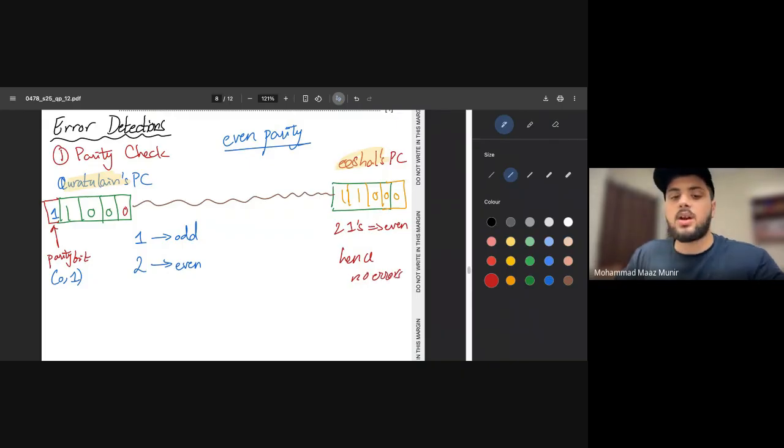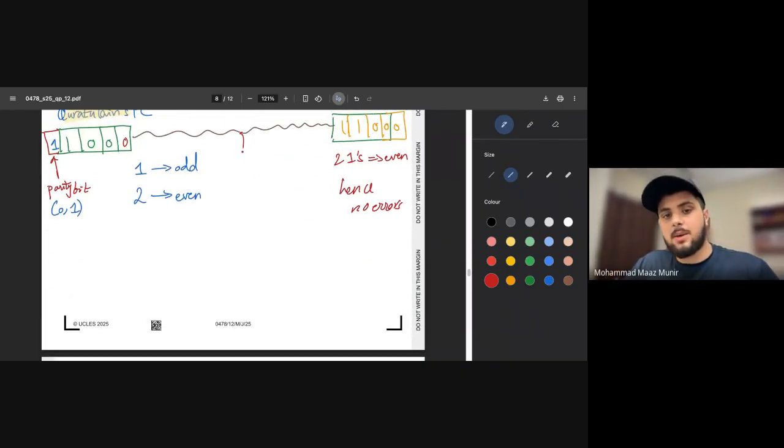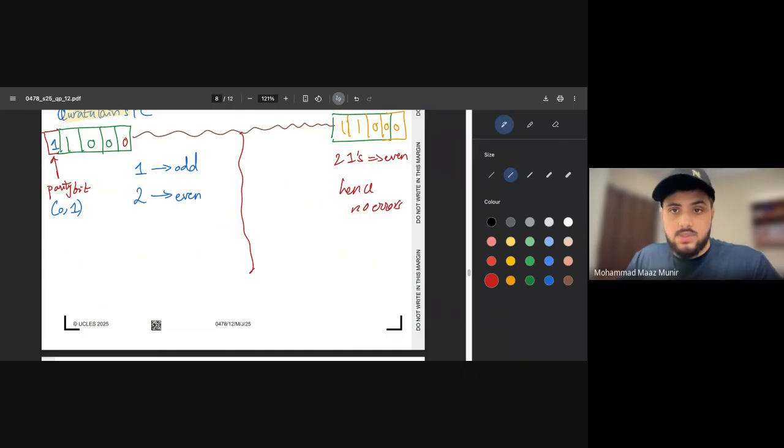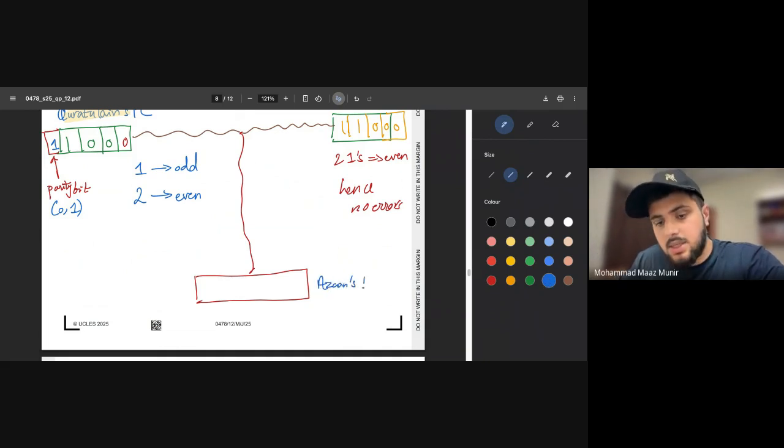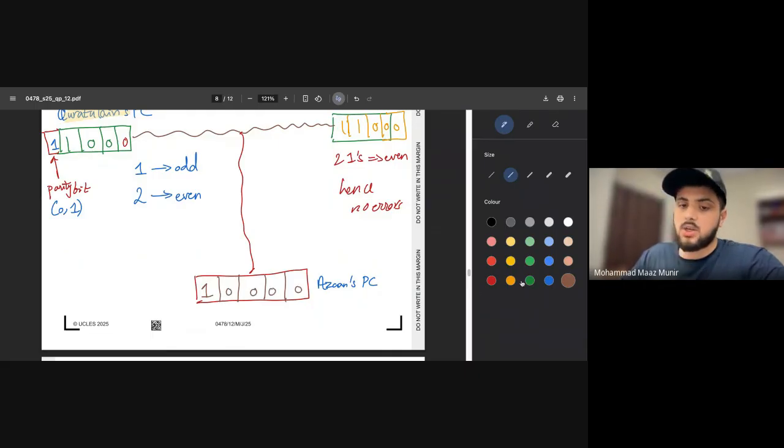बट अगर मैं ये बोल दूं कि इशाल के कंप्यूटर के ऊपर rather than being translated like this, आपने Coratelan also send the data to maybe, लेट्स से हम बोल देते हैं अजान को भेजा हुआ है, सही है। सो अगर उसने अजान के पीसी के ऊपर भी डेटा भेजा हुआ है एंड ऑन अजान पीसी, उसके ऊपर ये हो गया कि द 5 बिट्स 1 2 3 4 5, इसके अंदर द डेटा अराइव्ड इन अ वे कि आपके पास 1 0 0 0 0 आया।